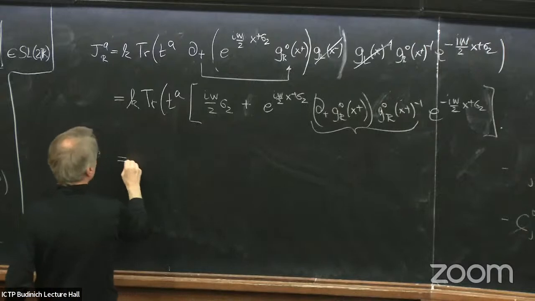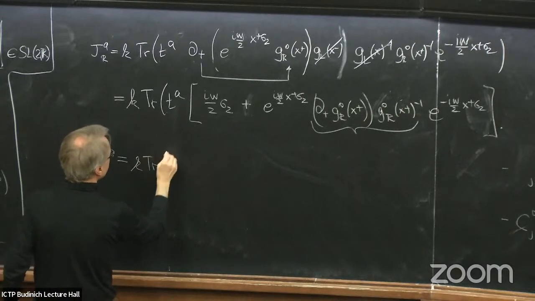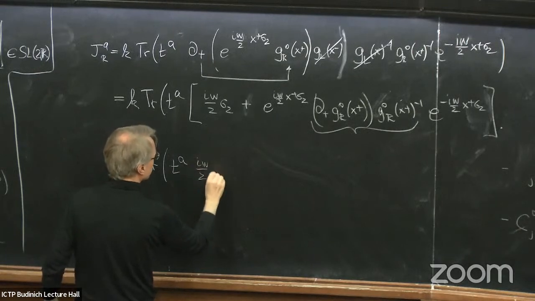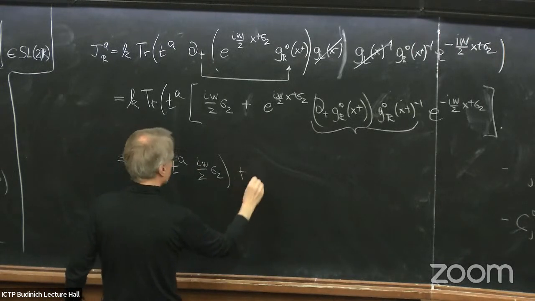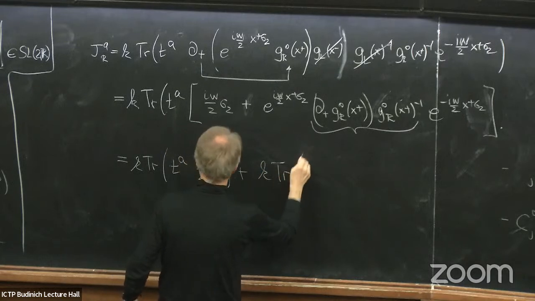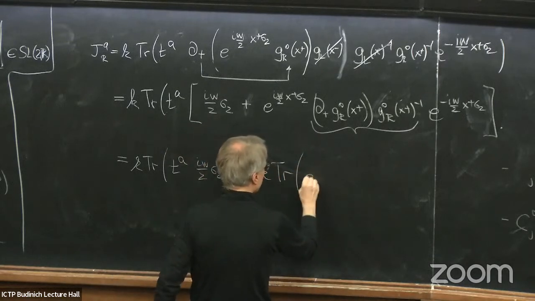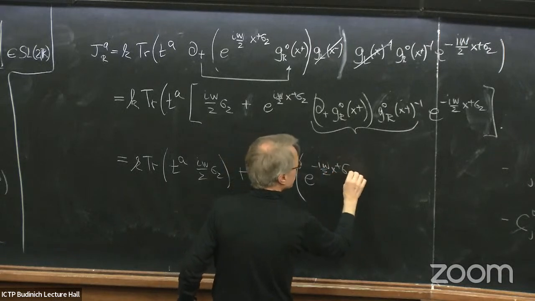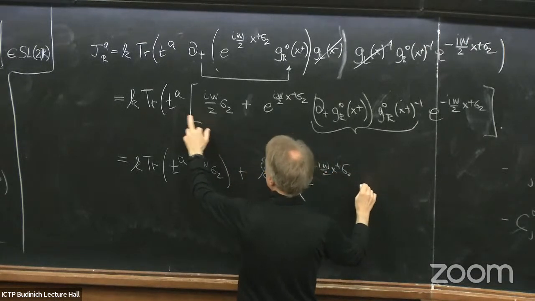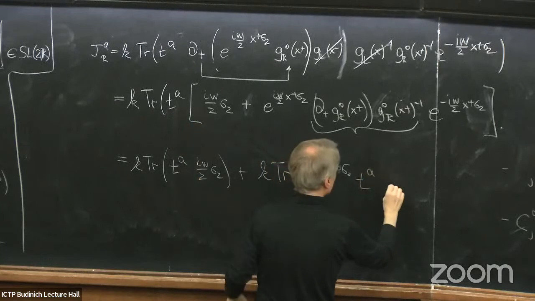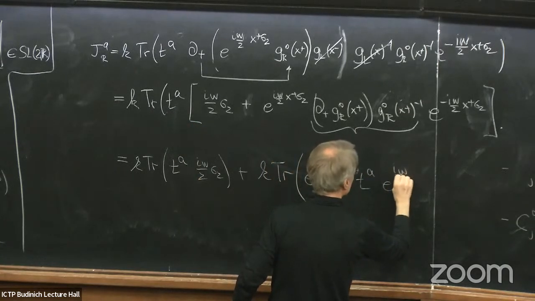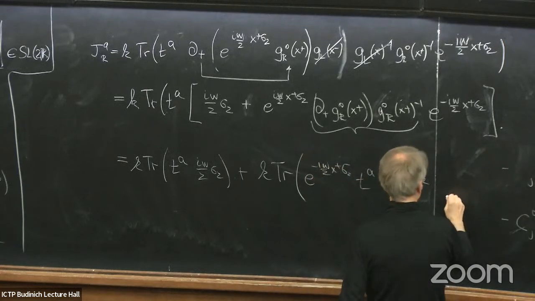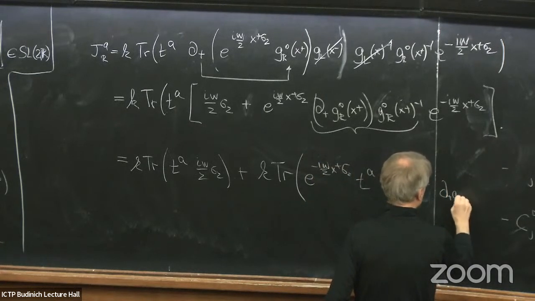So I can write this as k times the trace of T^A times i w over 2 sigma_2, plus k times the trace of e to the minus i w over 2 (x^+ sigma_2) times T^A times e to the i w over 2 (x^+ sigma_2),